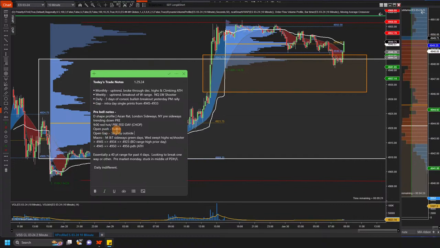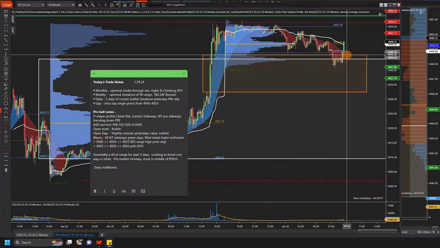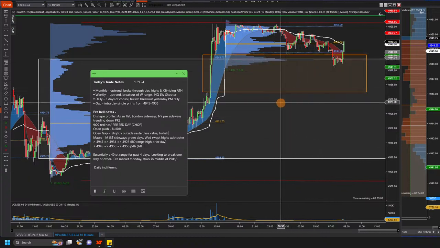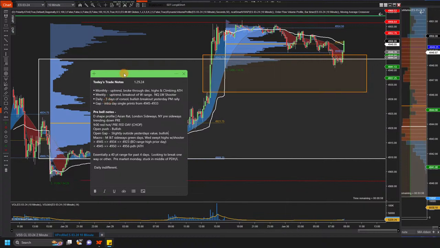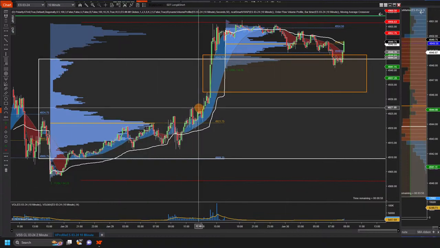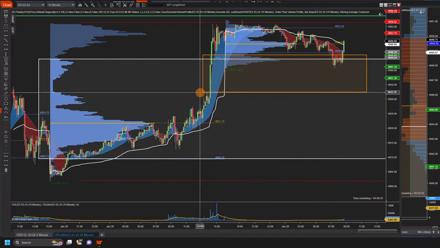Slightly outside yesterday's value. So that's obviously a bullish open. Okay. These are some levels. So 49.45 right here. Next stop down, 49.34, which is a level that got taken off here, which is right about, oh yeah, it's just the bottom